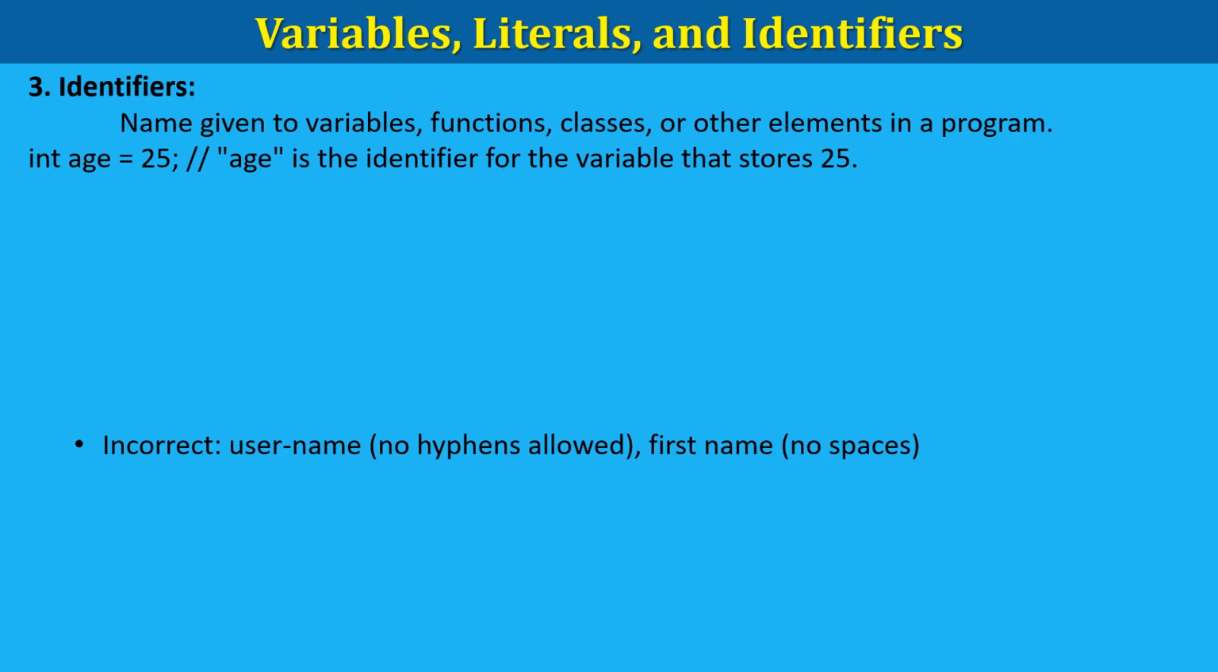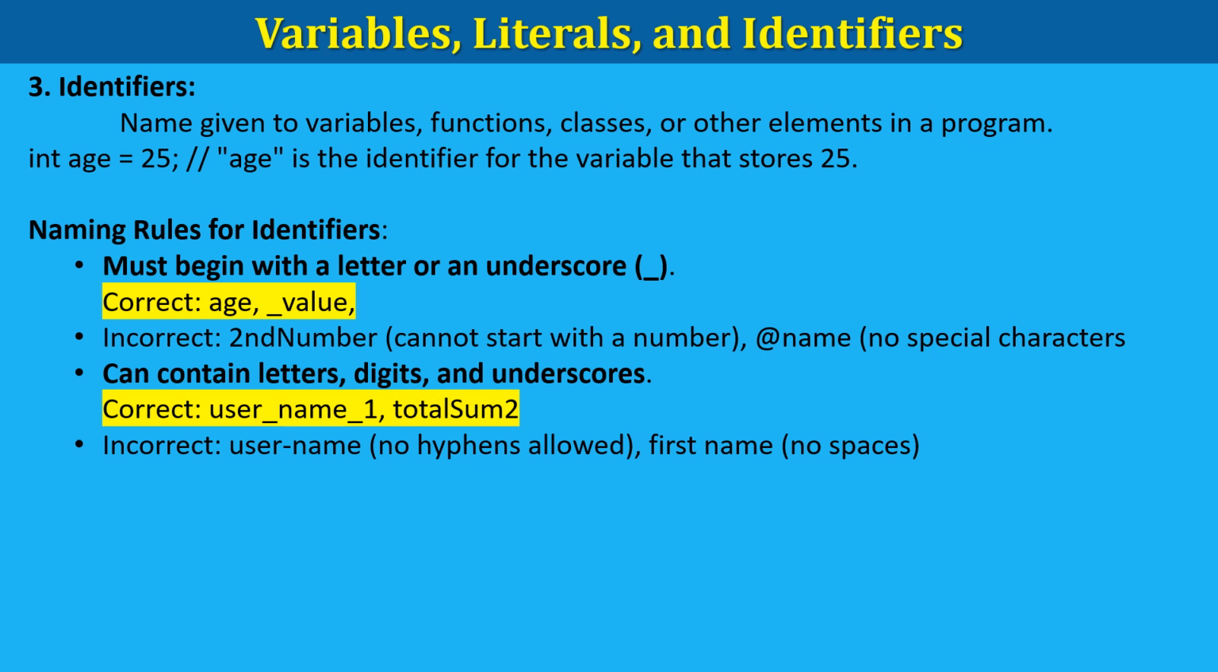Identifiers. An identifier is the name given to a variable, function, class or other element in a program. It helps the programmer refer to these elements in the code. An example is age is an identifier and the variable stores 25. Naming rule for identifiers: must begin with a letter or an underscore. Correct: age, _value, myVariable. Incorrect: 2ndNumber, cannot start with a number,